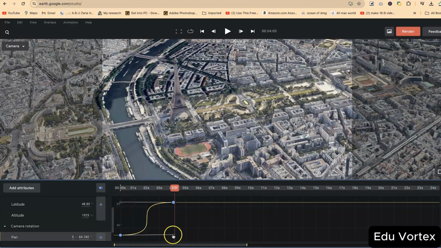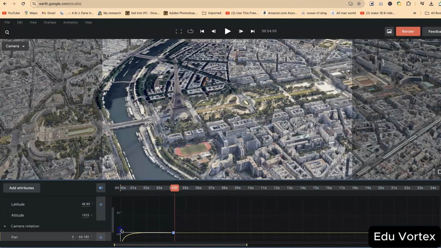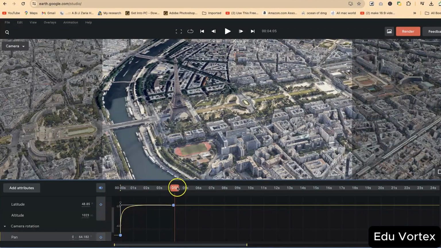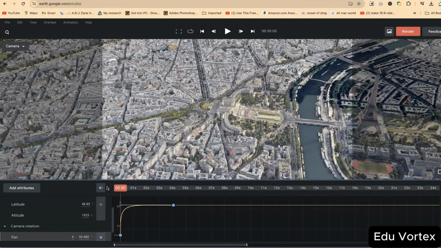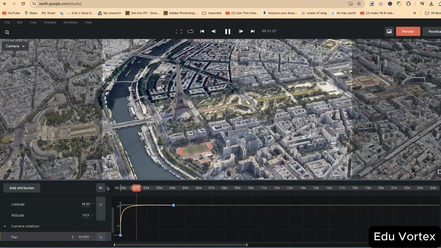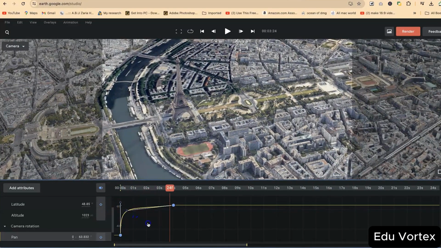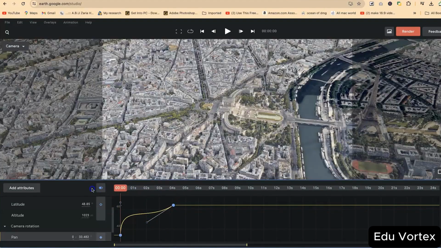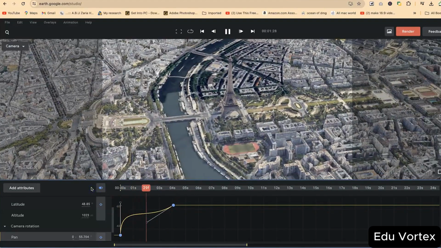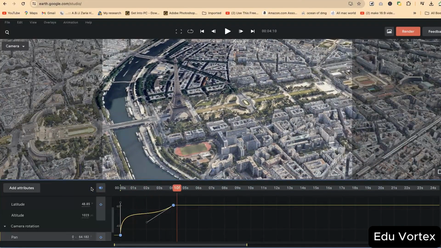So what they do, you can as well move them up or down, or you can move them across. You can move them like this and make them come to the vertical line over here. You can move them to vertical, and it's going to give you also another sort of bumpy nature. You can see it bumps in and then it goes in slowly to the end. And you can select this as well and bring it down, and you have another property altogether, and then it's going to move a bit faster to the end. So these are properties you can play around with depending on what you want to create and depending on how good you want to be with your